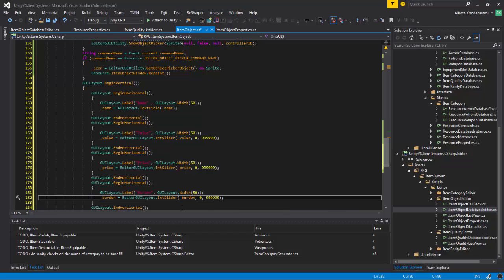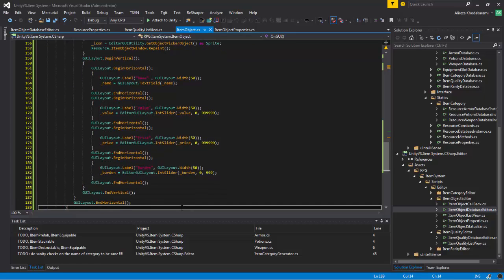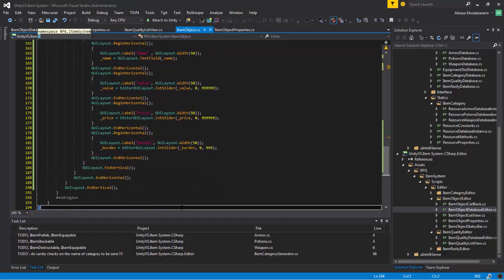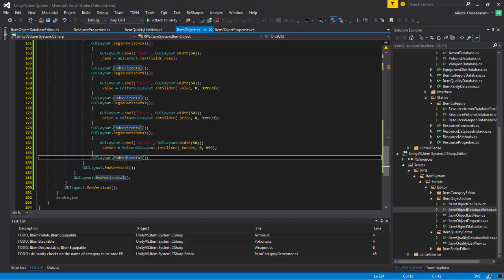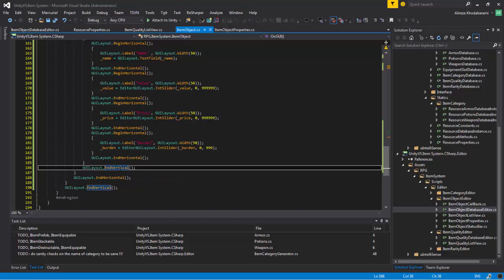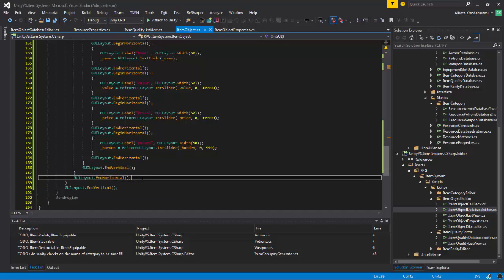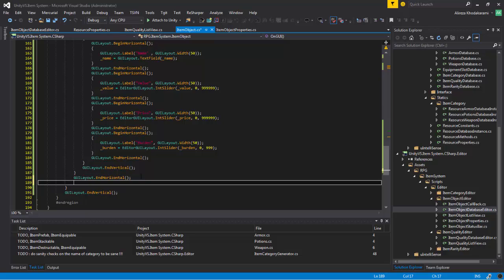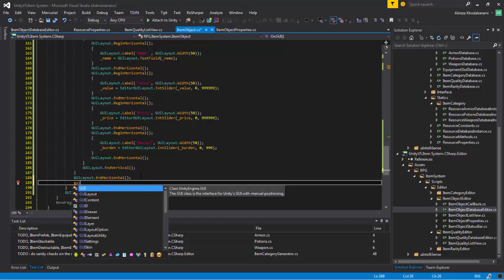But burden, I think near 1 ton of weight is good enough. So let me see. One vertical ends, the horizontal ends, and here we start another horizontal,